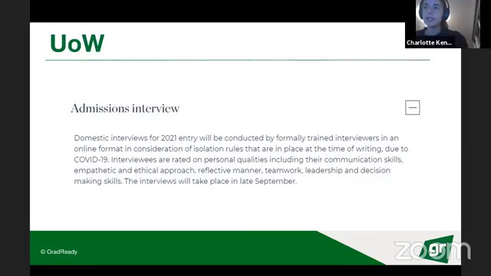I didn't personally interview at Wollongong, but I had a couple of friends who did. And generally, they tend to have a higher amount of stations than other unis such as Melbourne or Sydney. So it's really important for MMIs to be able to move on from poor responses, because if you do an interview with 10 stations, it's inevitable that one or two of those are going to feel a bit iffy, and you don't want to get discouraged and then find the rest of the interview really challenging because of that. So remember to take a deep breath and just move on.